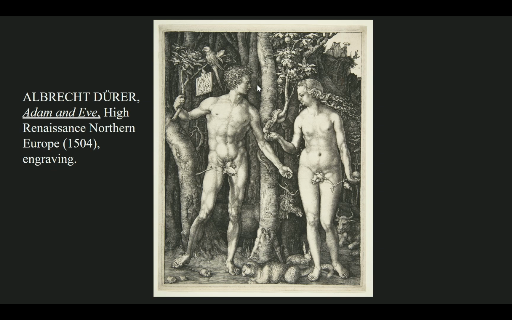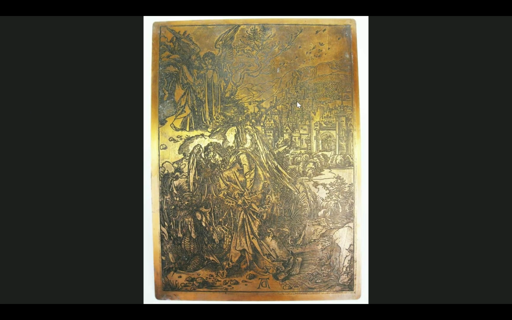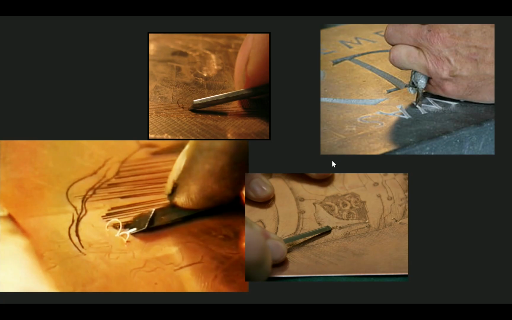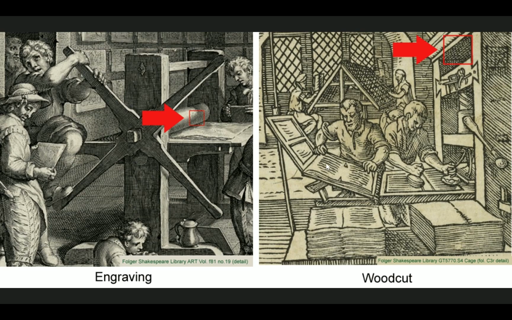They have numerous animals around them, which are all extremely symbolic. For the sake of time, I'm not really going to go over these because your exam image is going to be one of his other prints, Melancholia. I want you to focus on those symbols. So here's an example of that type of etching. He always signs it. Dürer means door, and so his symbol looks like this door. Engravings versus woodcuts.